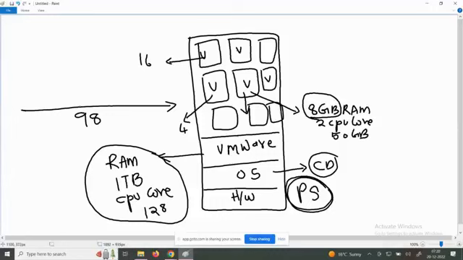A virtual server is such that when you connect to that system and install the software, you feel like you are connected to a server, but you are actually connecting to a virtual server. Write it down. Virtualization. So what is meant by virtualization? Virtualization, virtual machine. Virtual machine means that in a physical server, you can install multiple virtual machines. They are virtually present.